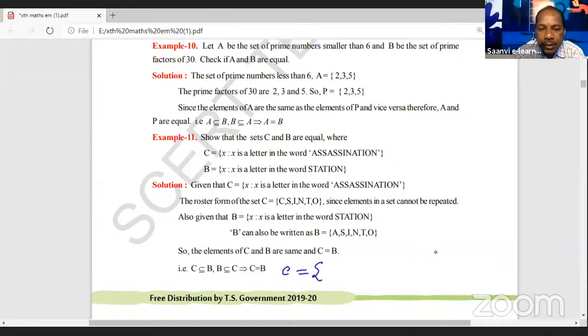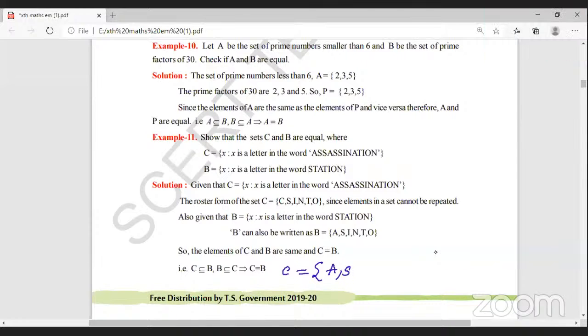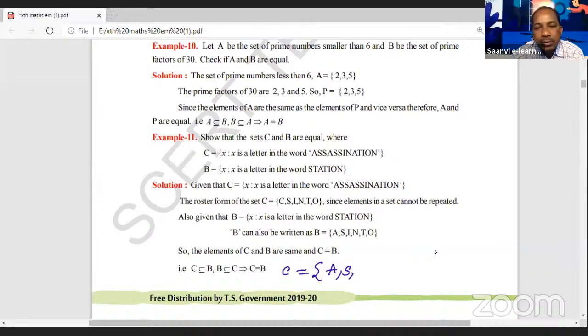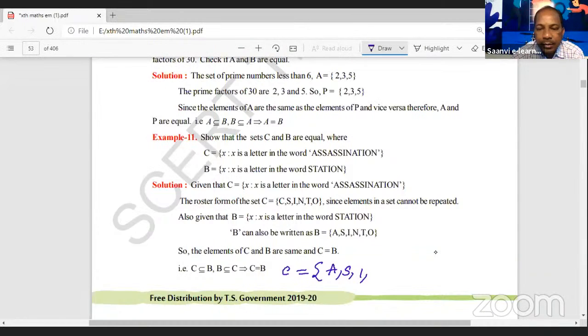So first of all, A. Next, S. Here S is repeated so many times, but we should write it only one time. A is written, S is written, I. Next, N. T. And O. So these are the elements of set C. And from set B,